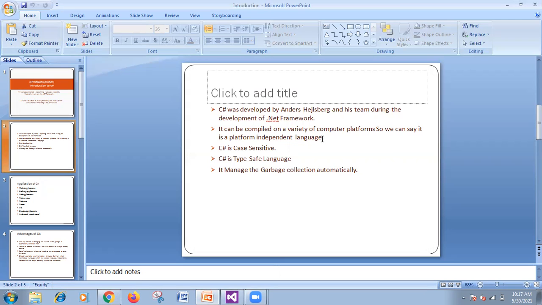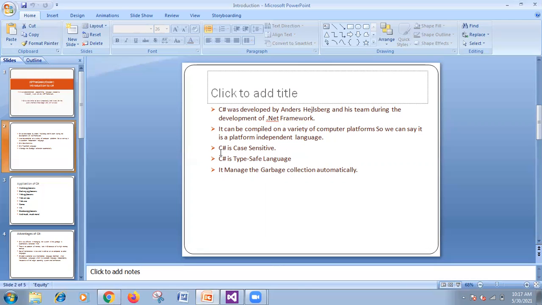He can easily run the program developed by me on his OS. So we can say this is platform independent. We only need the .NET framework in our system to run the C Sharp code. So C Sharp can easily be run on other platforms as well.